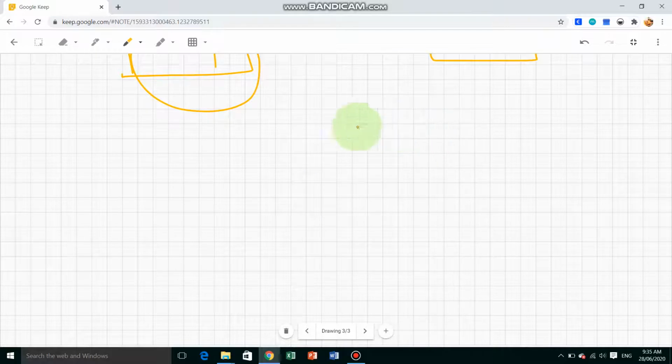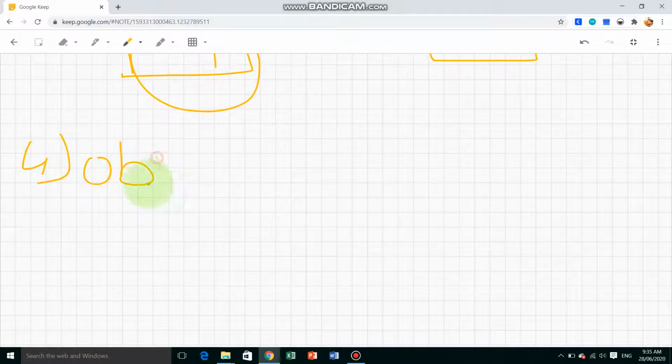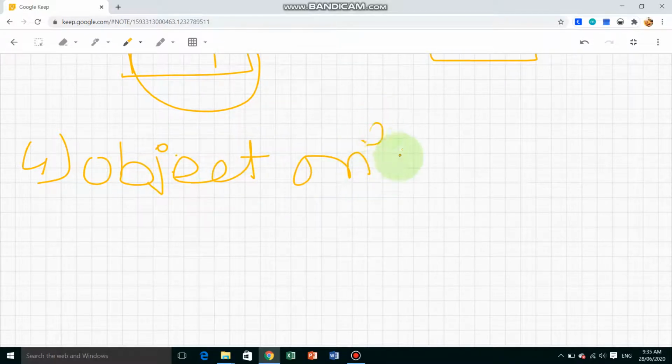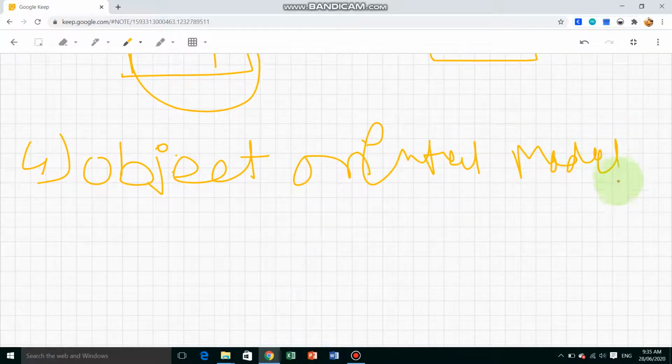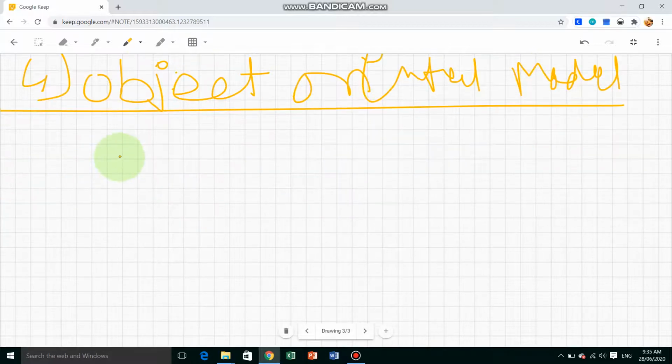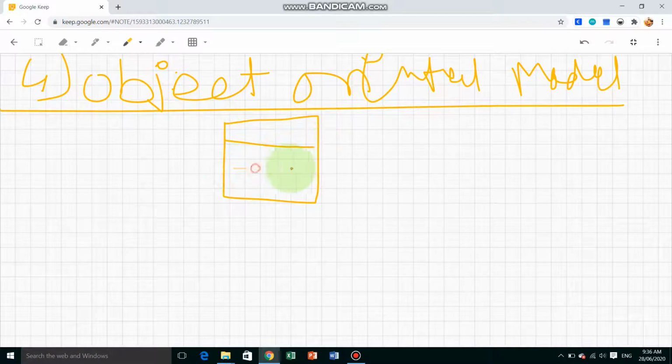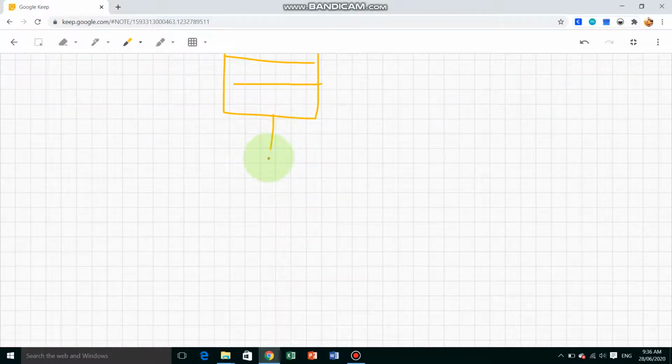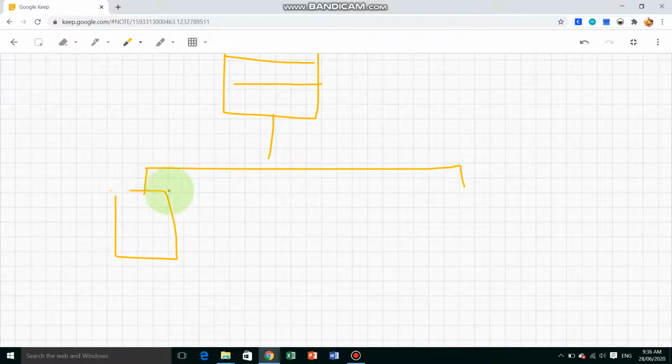And the fourth one is the object oriented model. Fourth one is object oriented model. So in the object oriented model, suppose we have a table, and this table has 3 different tables.